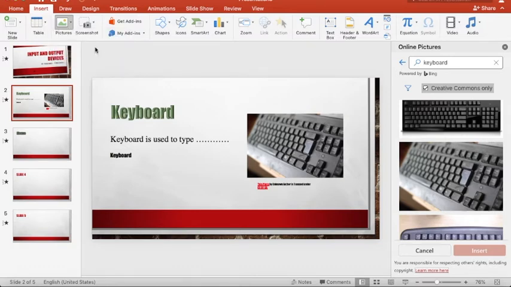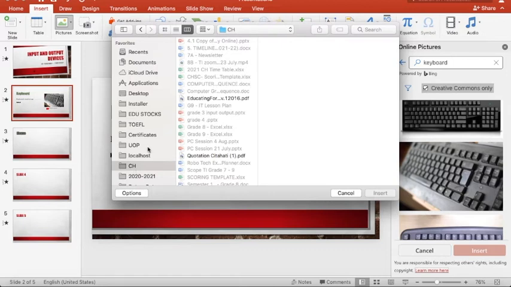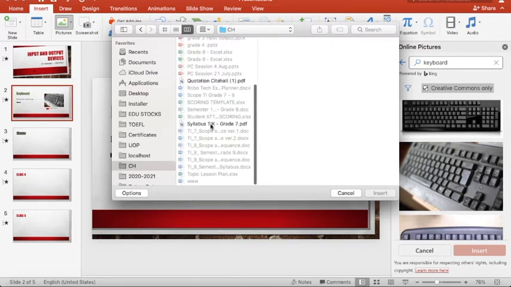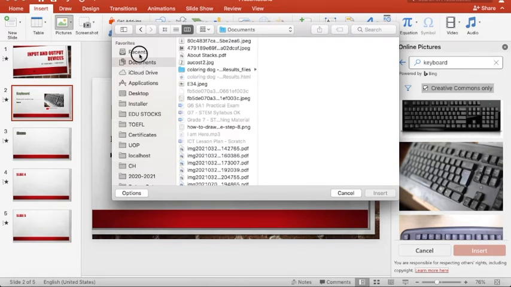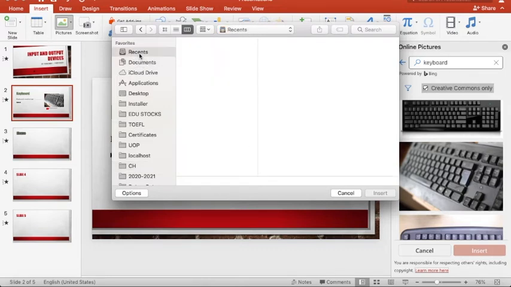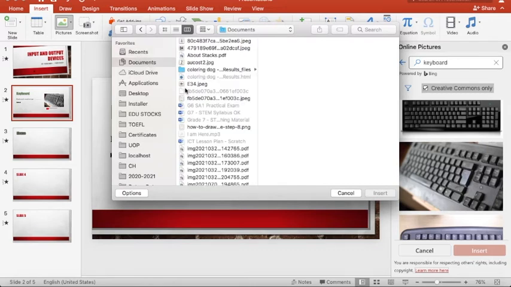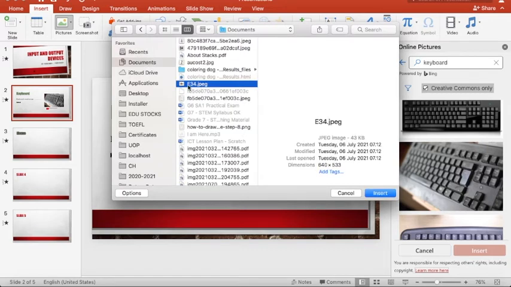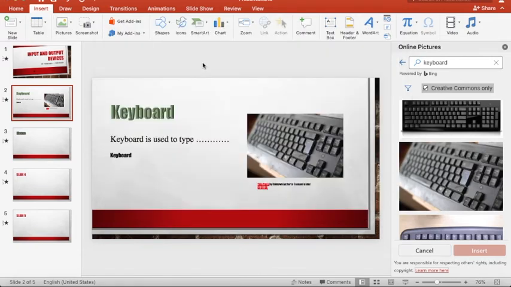Then after that, you have to go to your file. For example, here I have, let me check, this one, a picture of this, or maybe this one. Click,